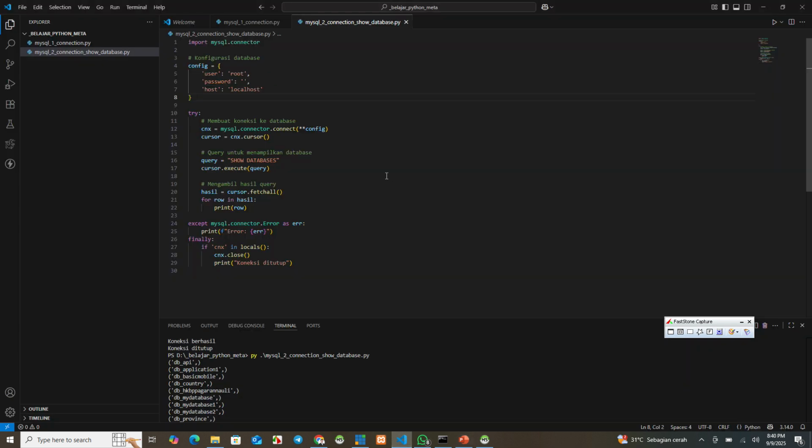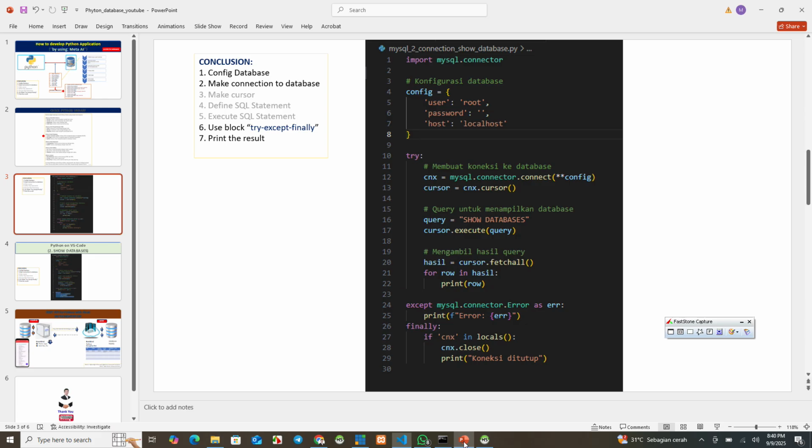For example, if we make a wrong statement, we can see the result. And then print the result.